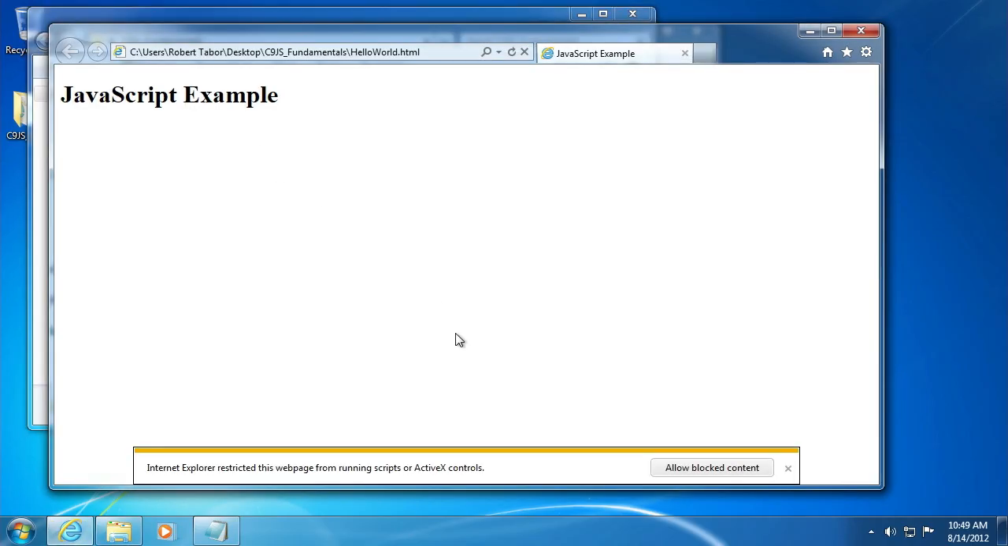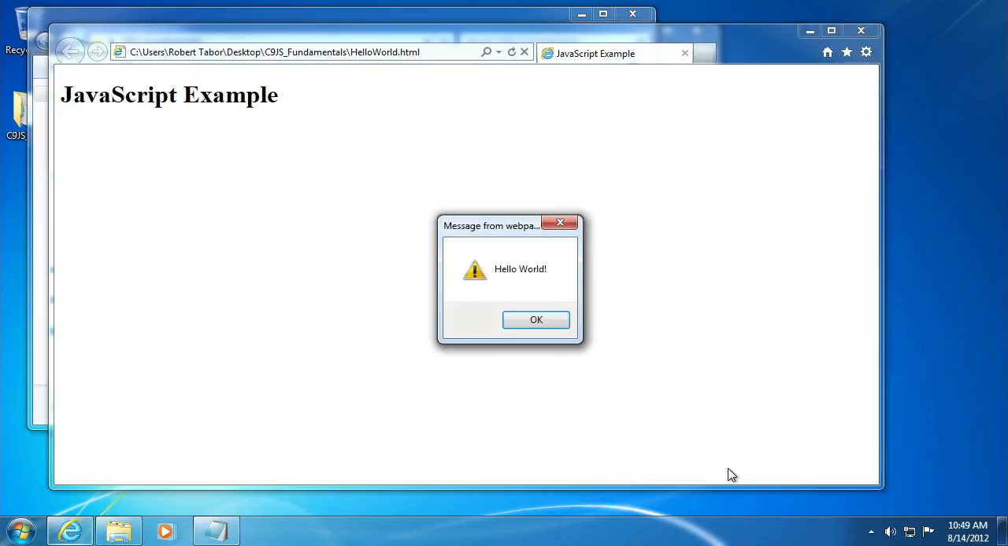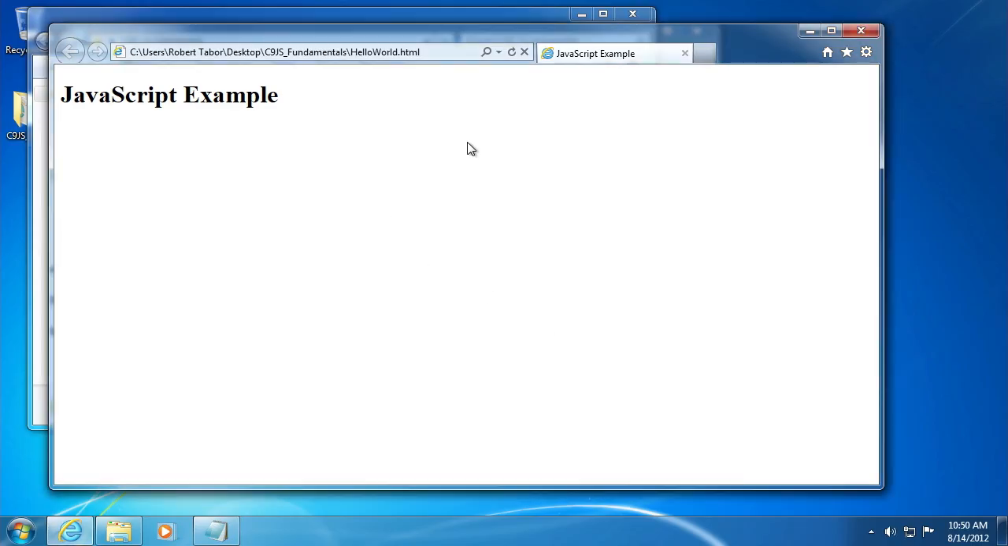And you can see a couple of things happen here. First of all, we see this little error message at the bottom: Internet Explorer restricted this web page from running scripts or ActiveX controls. I can click Allow Blocked Content, and when I do, we see a little alert box pop up with the words hello world, and I'm going to click the OK button, and we have now successfully created our first JavaScript